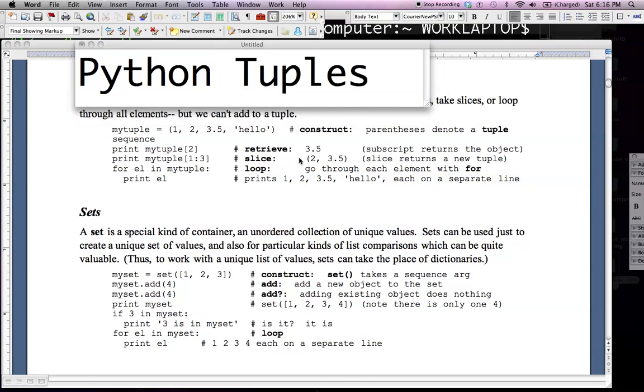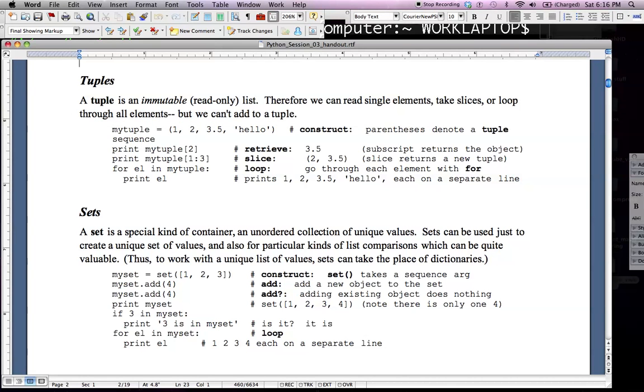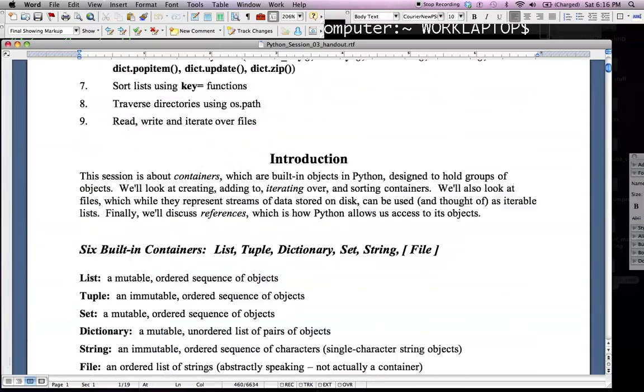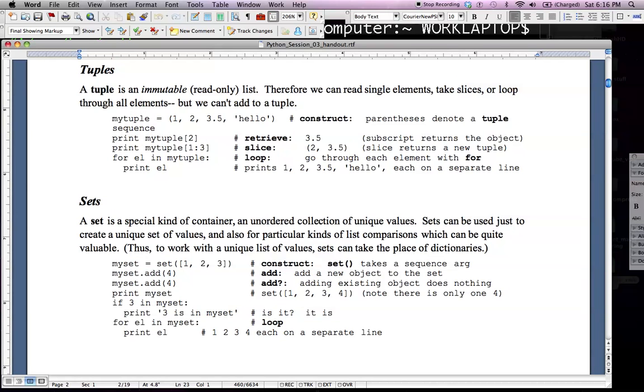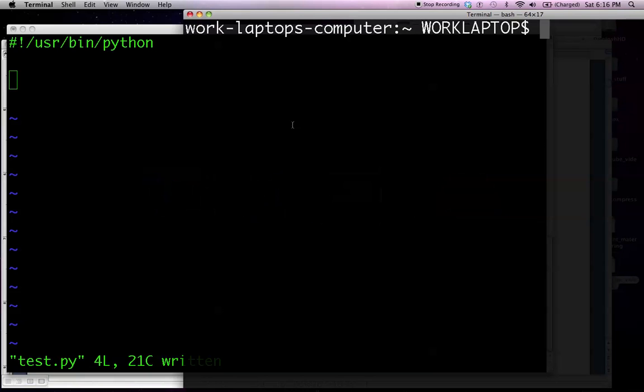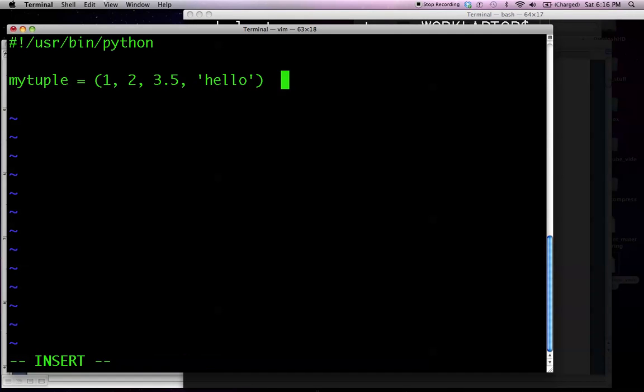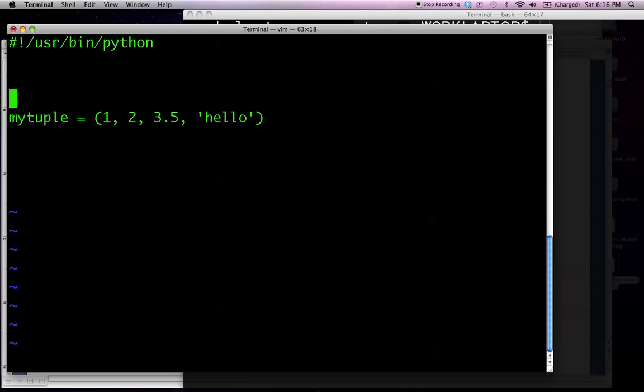What is a tuple? You can see tuples listed and some basic usage at the beginning of the Session 3 handout, right after lists. Tuples look a lot like lists, really. In fact, they are a lot like lists. The tuple constructor looks like this. As you can see, if you were to compare it to a list,